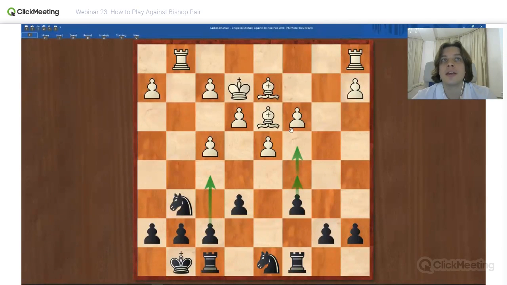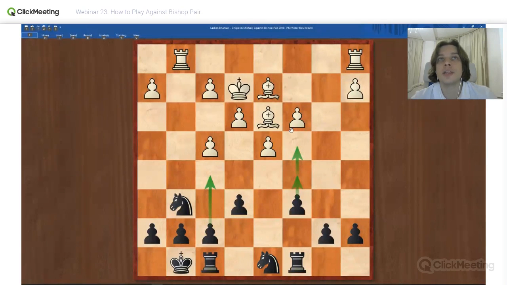And the other thing that we should also do is create a support square for our knights. So what is a support square? It can be called a support point or even a strong point. What does it mean? It's a kind of square that we can occupy with our knight and make our knight more active.